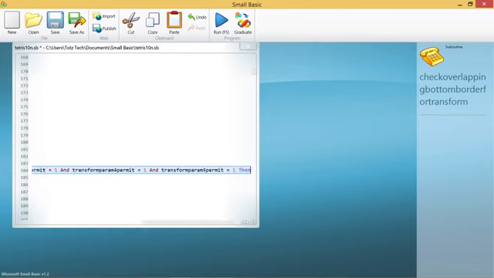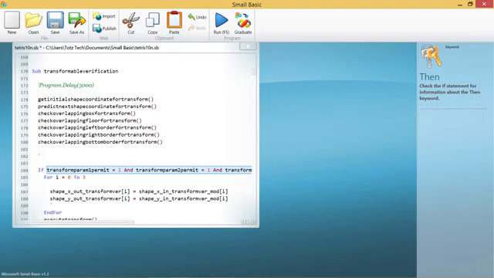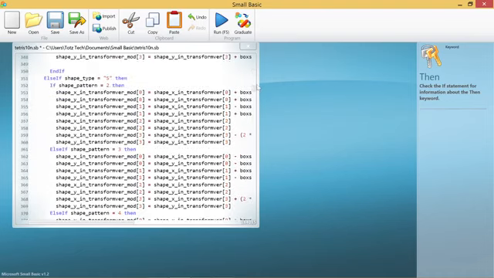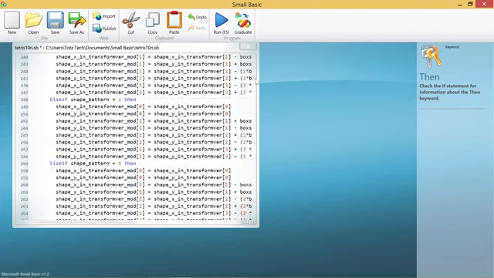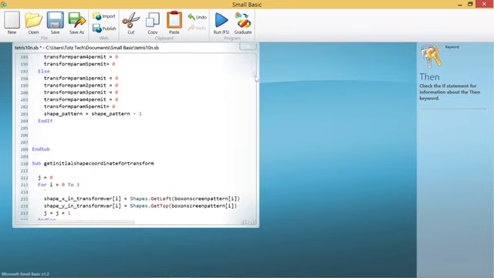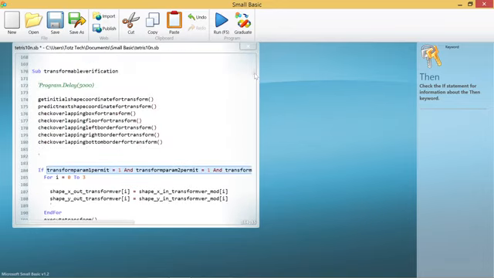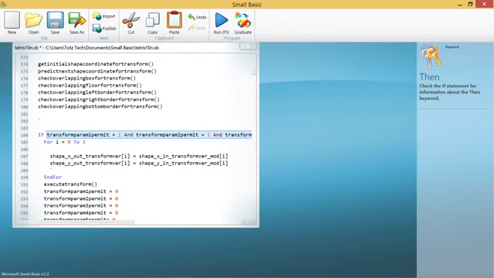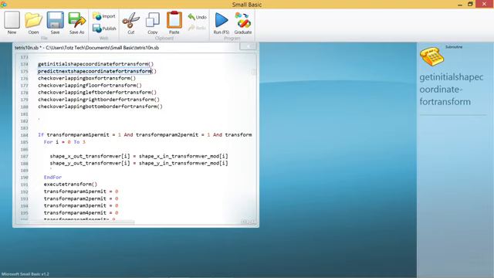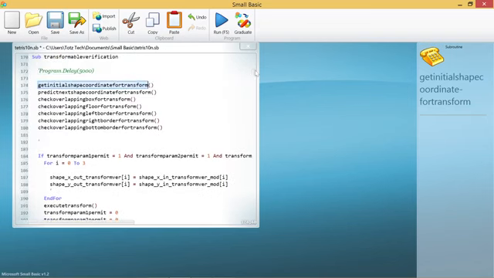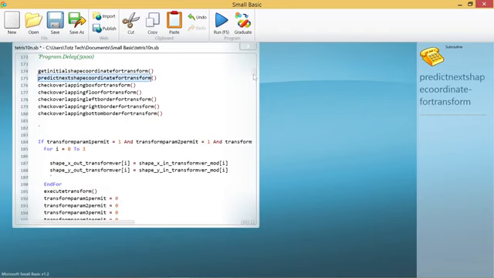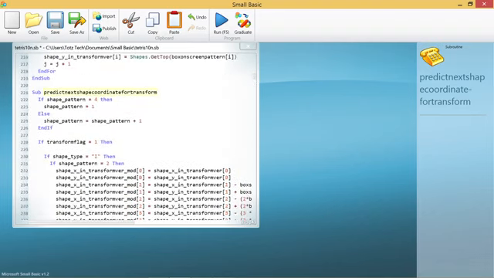If those variables are 1, then the box will be transformed. So that's the point of the sub transform. And this is get the initial shape: shape get left, shape get top. And then predict. This one is tricky because we need to predict or change, we need to get the shape X and shape Y of each box, and then